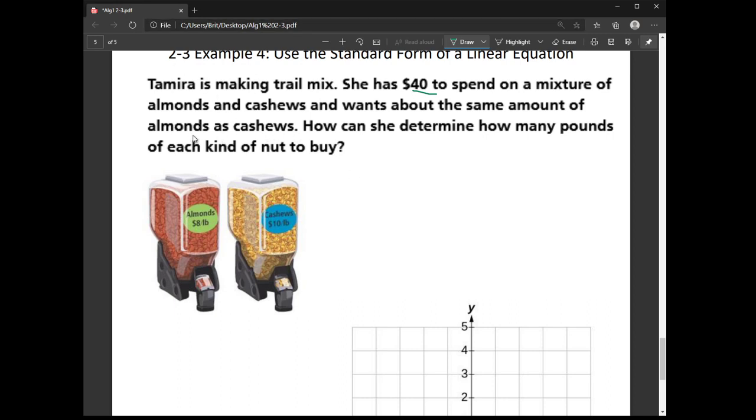So I need to define my variables. I'm going to go ahead and call my almonds x's and my cashews y,